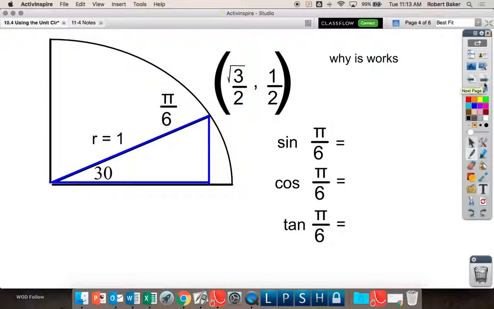1, 3, square root of 3 over 2. I went over the square root of 3 over 2. I went up 1/2. So the sine ratio is opposite over hypotenuse. So the sine of pi over 6 is 1/2 over 1, or 1/2. The cosine of 30, or the cosine of pi over 6, is adjacent over hypotenuse, which is square root of 3 over 2 over 1, which is